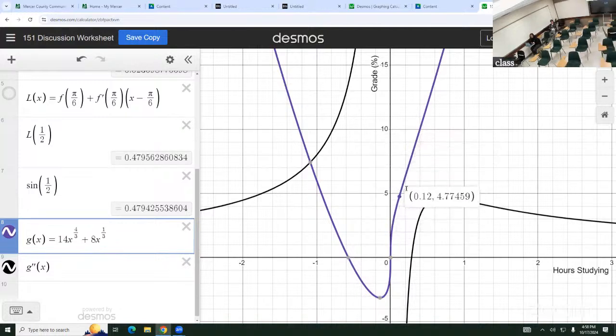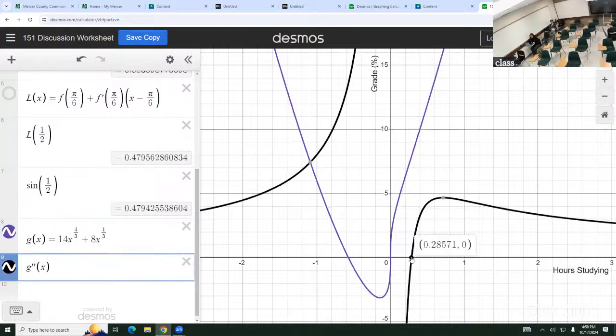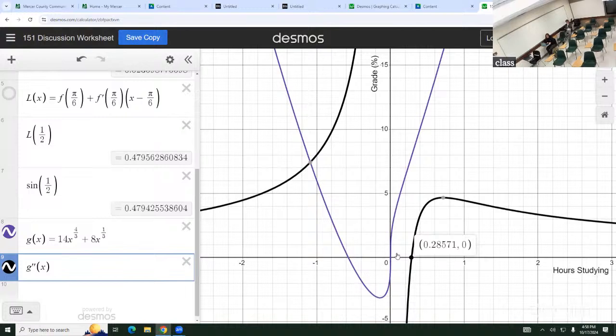Okay, so I need to find these 2 points. One of them is right there, fine. Where's the other one? I know the sign is changing. I don't know. Remember with the